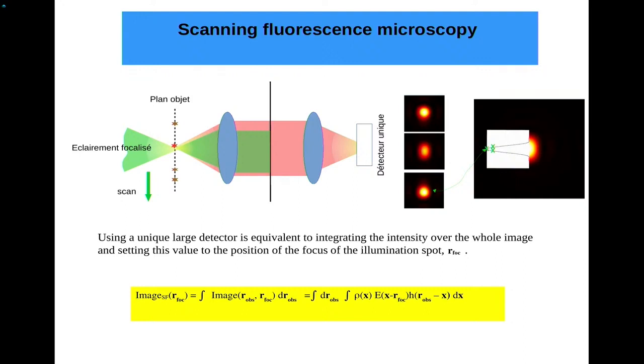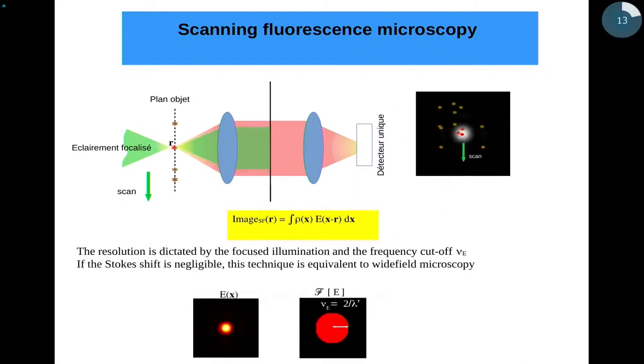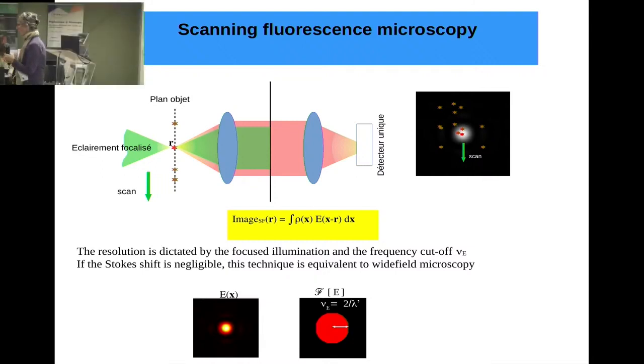And of course, this image can be modeled much more easily in this way. And what does it mean? It means that you obtain an image that is the convolution of your fluorescence density and a point spread function, which is now your illuminating spot, okay? So this is the classical standard